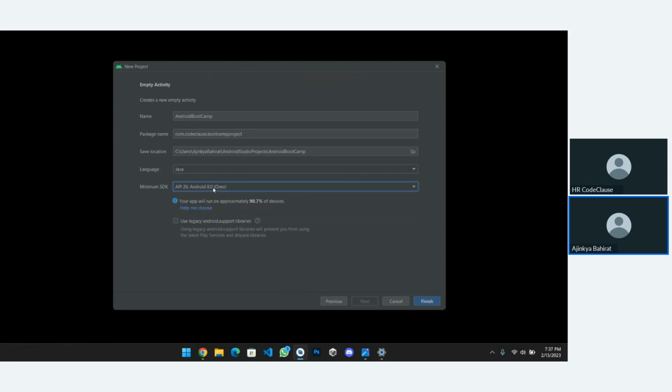Previously there were two options, allow or decline. But in the current version, there are options like allow only while using the app, decline, and allow always. These are the different things you need to take care of. I just want to let you know that there can be different updates day by day in the studio.